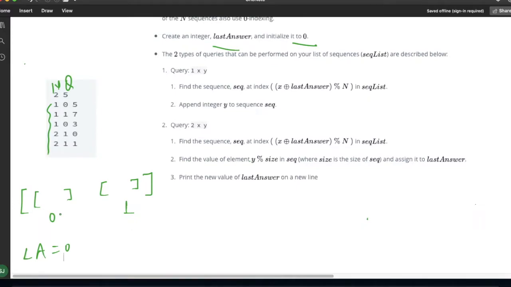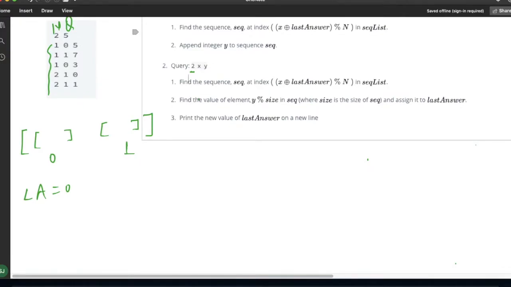we are given a few queries and queries are of only two types, query type 1 and another type 2. So if you are given a query type 1 then we have to perform a certain operation, and if the type is 2 then we have to perform a certain operation. So the operations are, suppose my query type is 1. Let me take the example 1.